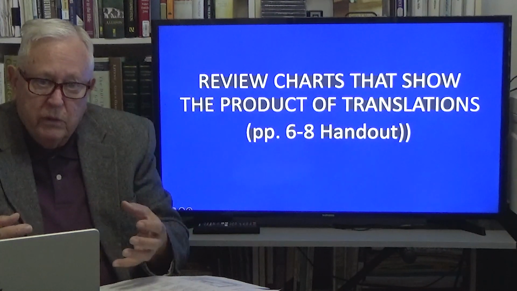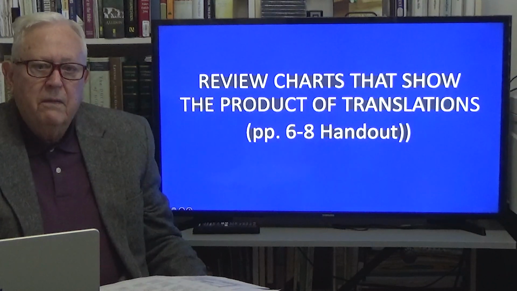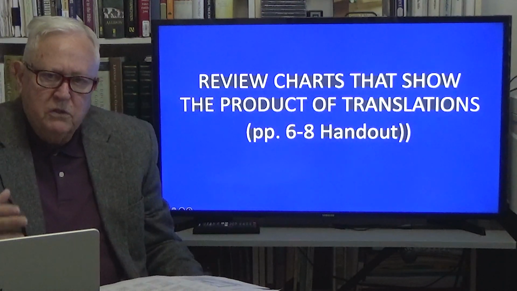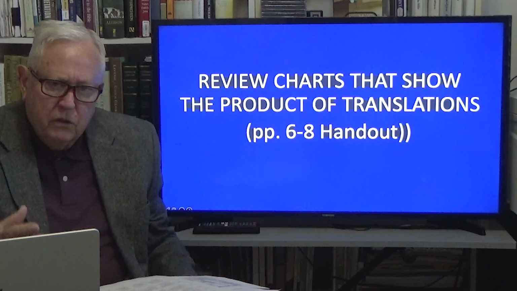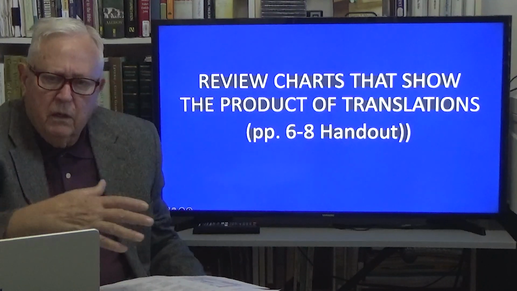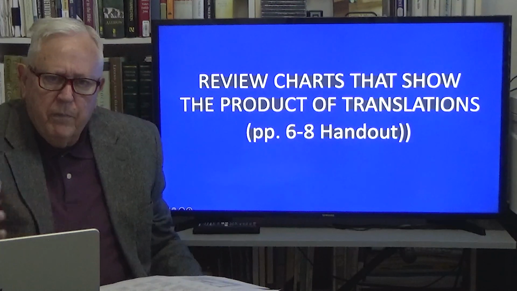But most English readers will say, what did they do to my verse? Well, I'm sorry, but that kind of a response is a response of ignorance. It's a response of not knowing what's going on in the translation process. You as an English reader, you're not going to learn Greek by and large, many of you, most of you. And you're not going to be able to make those distinctions.